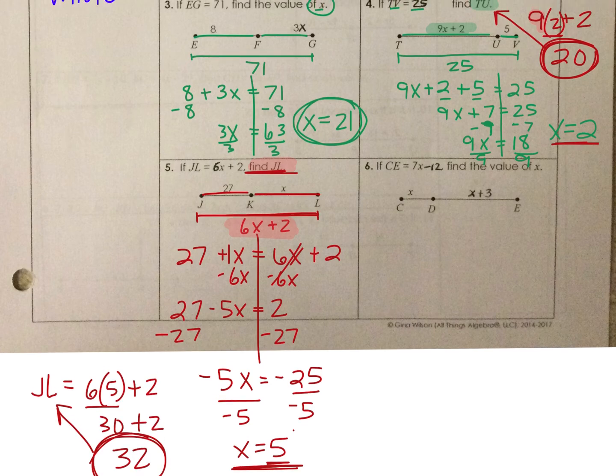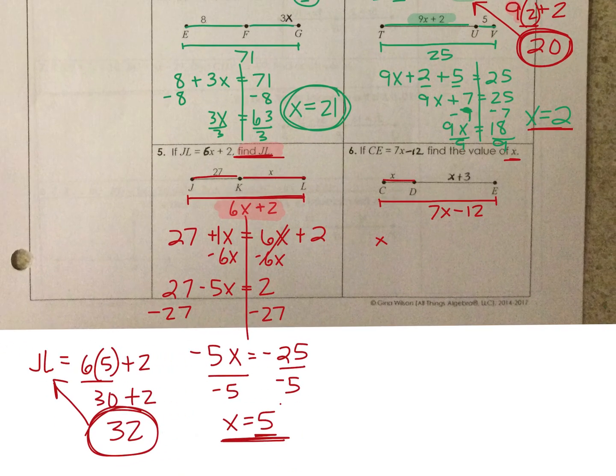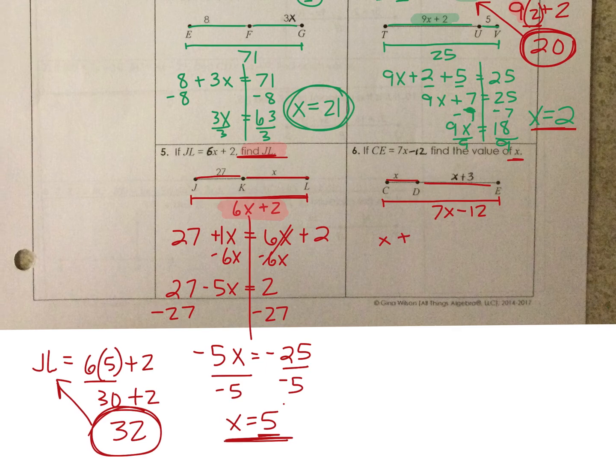CE. So that whole thing right there is 7x minus 12. And we're just looking for x. So once we figure out x, we get to stop on this one. So my first part's an x, plus a part, plus, that whole thing is,